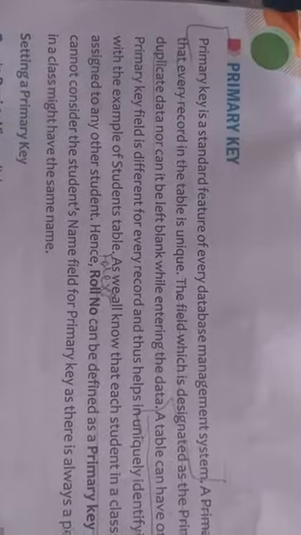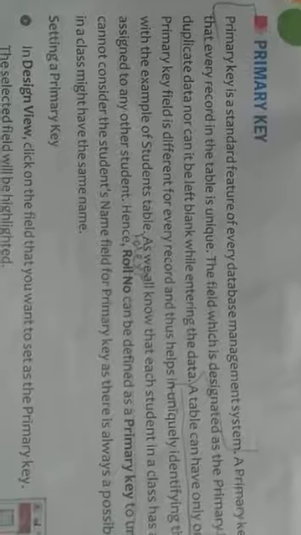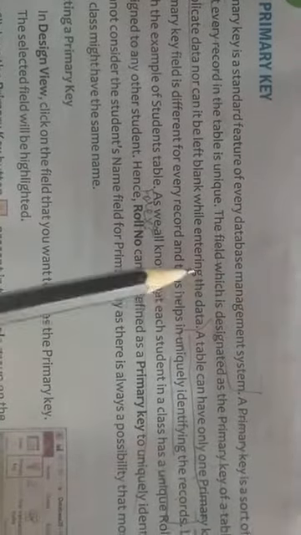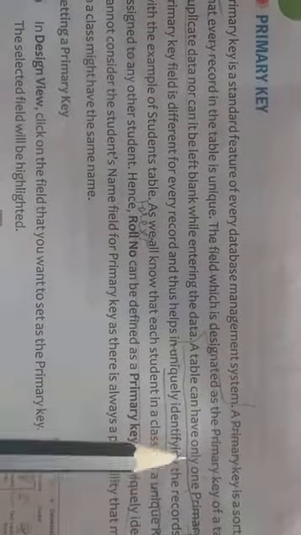So students, if you impose a primary key on any field, then that field cannot contain duplicate data and we cannot leave it blank. So a table can have only one primary key. Yes, on one table we can impose only one primary key. The value in the primary key field is different for every record and thus helps to uniquely identify the records. Yes, I have already told you, we can't enter duplicate data where we have imposed a primary key.